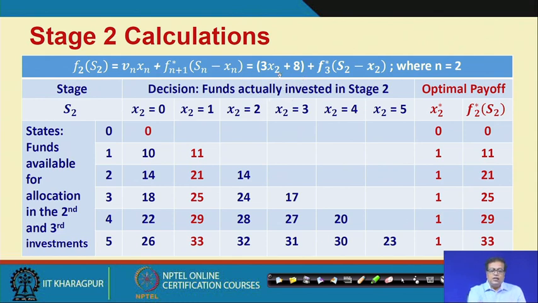Now, this 11 is this one, because if you spend 1 at the second stage, that means at the third stage you have nothing left, because the total fund is 1 and you have spent it in this stage. For x3, therefore, it should be 0. So, if it is 0, then that earning will be 0. So, that means 11 plus 0, that should be 11 only.